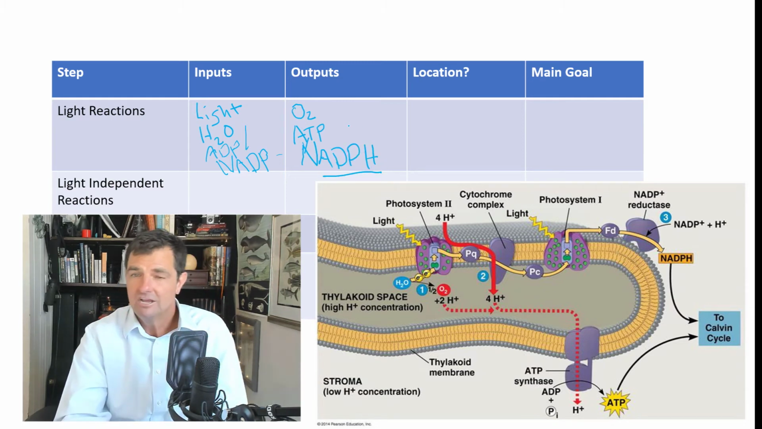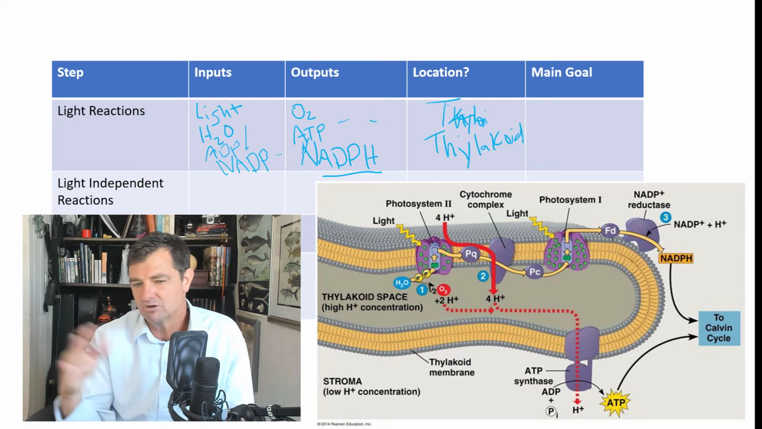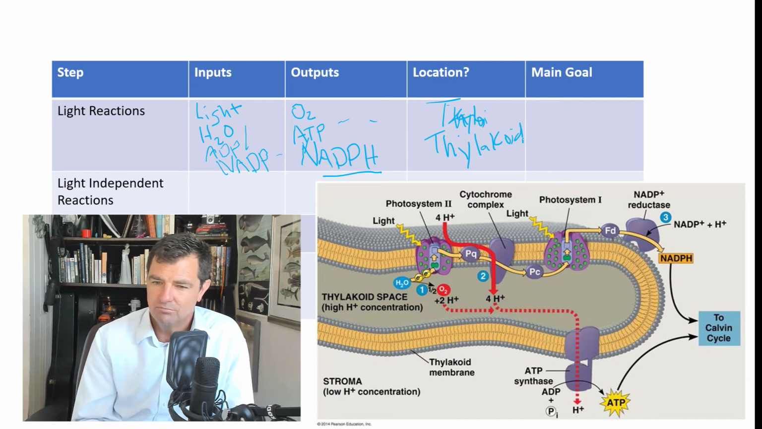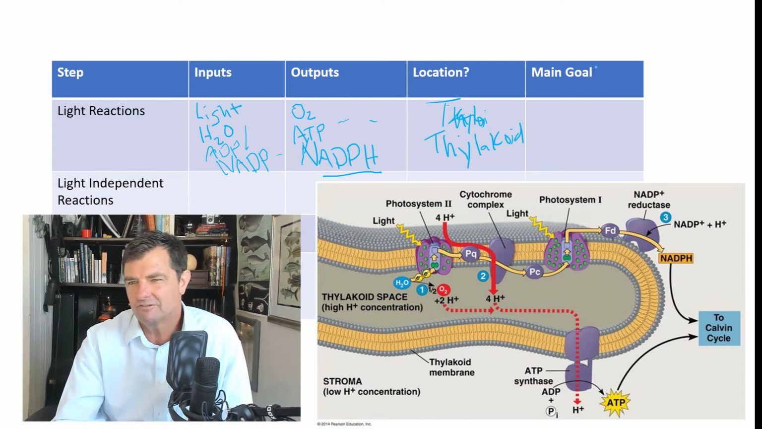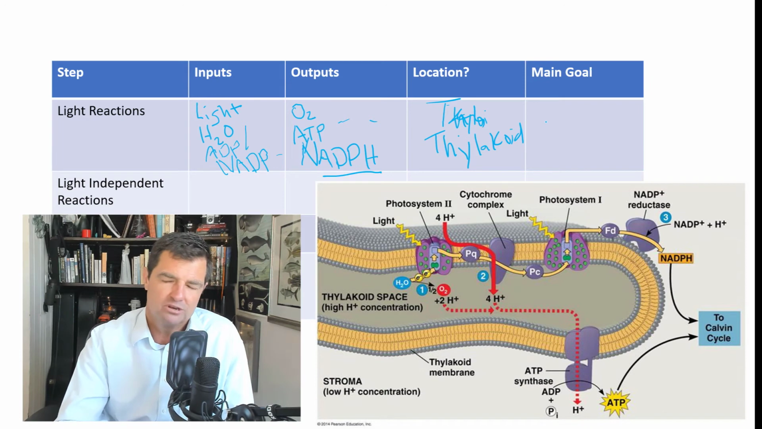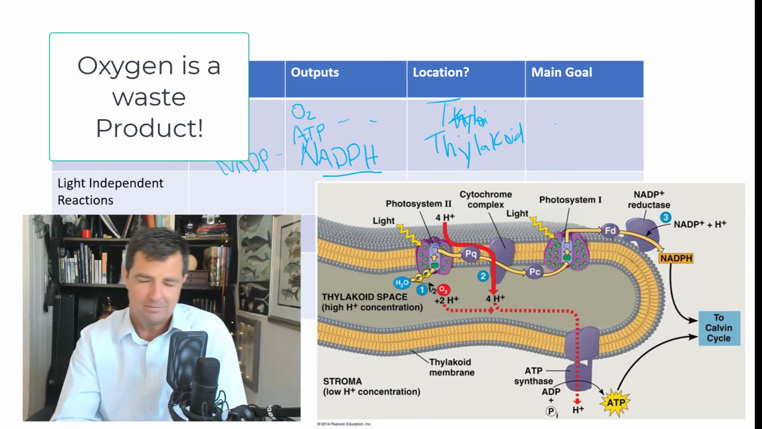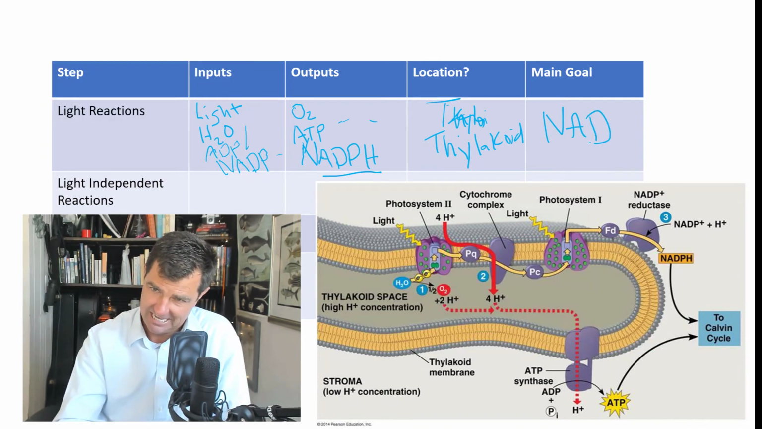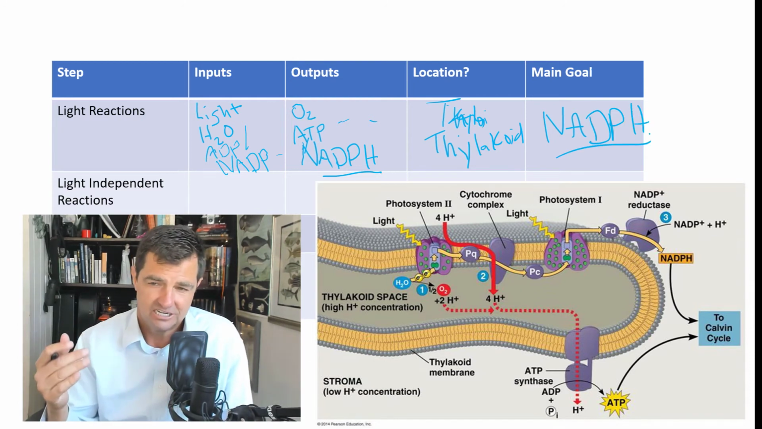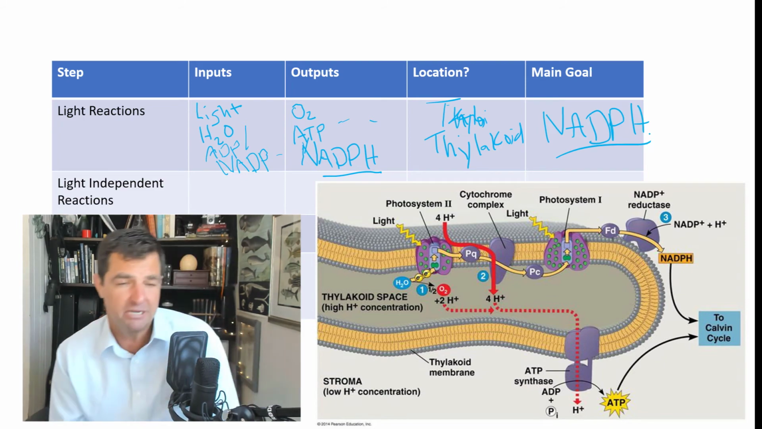Where does that occur? Where's the location of this? Okay, so it takes place across that membrane, the thylakoid membrane. And what's the main goal of this? Well, making ATP is important. Making oxygen is often what students think is important, but the oxygen is really a waste product. We benefit from it, but the plant doesn't care about you. So the main goal really here is to make NADPH. And that'll become more relevant when we go to the next step, which is called the light independent reactions,